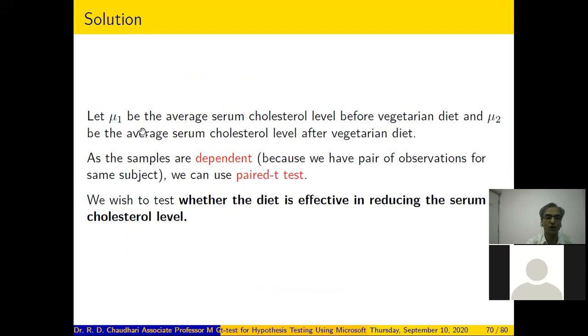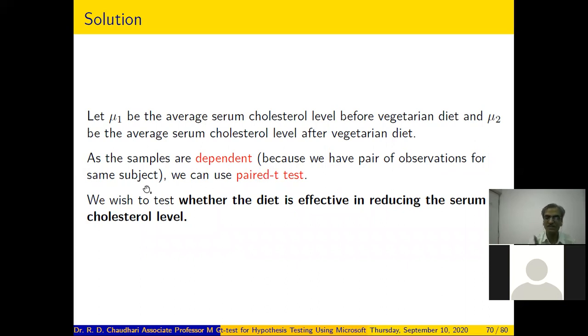So in our case, let mu1 be the average cholesterol level before the vegetarian diet and mu2 be the average serum cholesterol level after adopting a vegetarian diet. As the samples are dependent, as I explained earlier, because we have a pair of observations for the same subject.